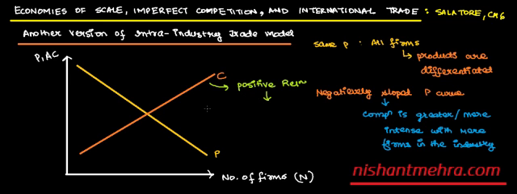You are saying when the number of firms increase, and they are producing a given industry output, now this given industry output will be distributed